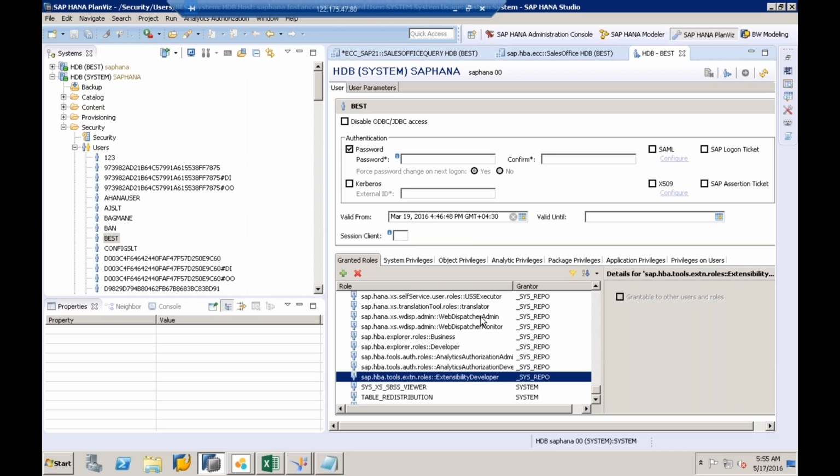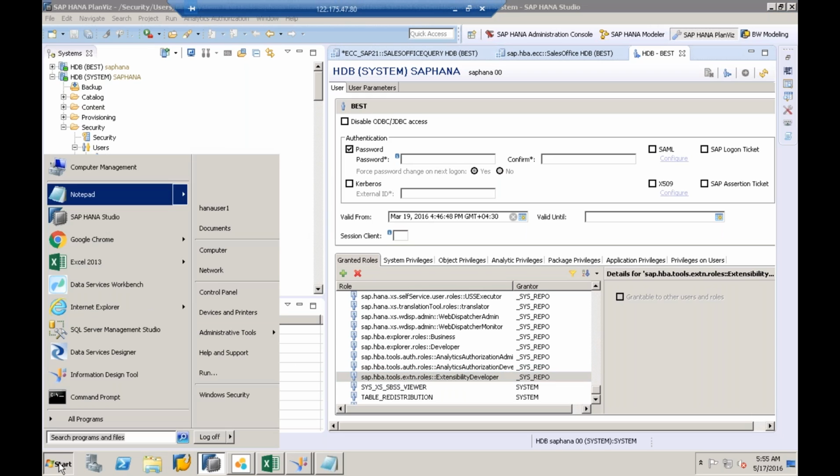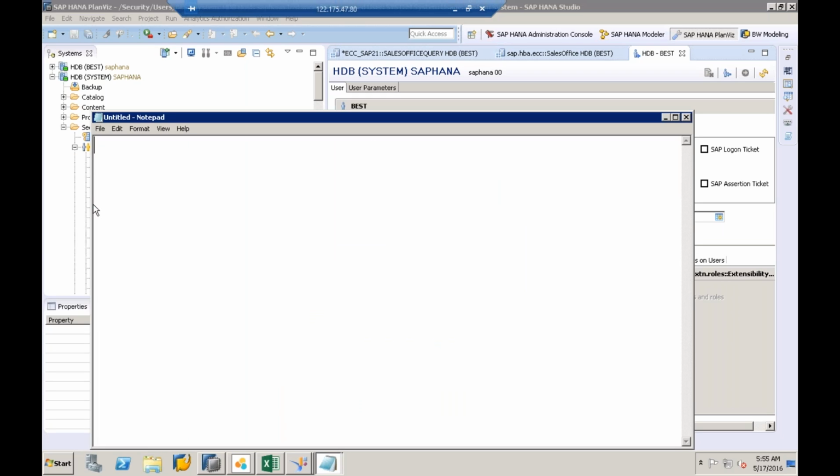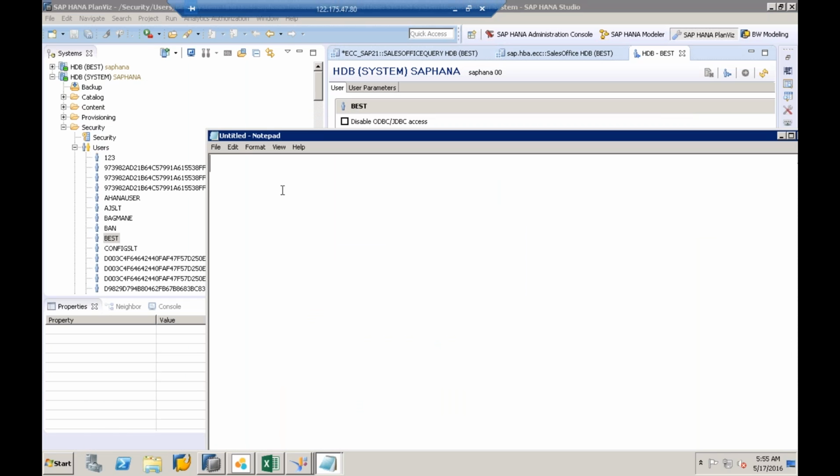Once this is done, in the next step you have to install a plugin. So step number 1, install the delivery unit. Step number 2, assign the role to the user, it is assigned automatically. Verify whether the role is assigned to the user. Step number 3,